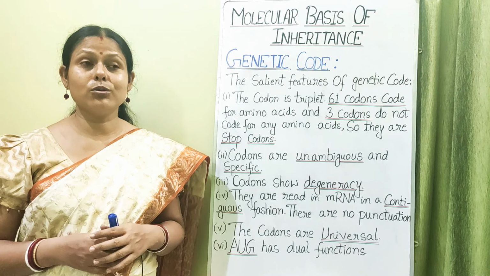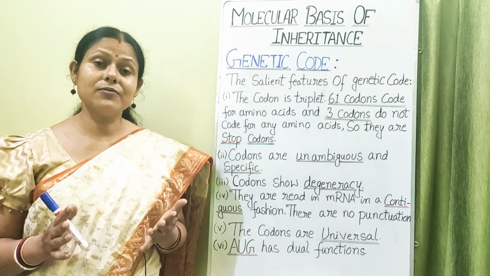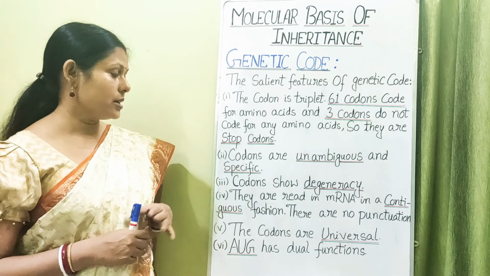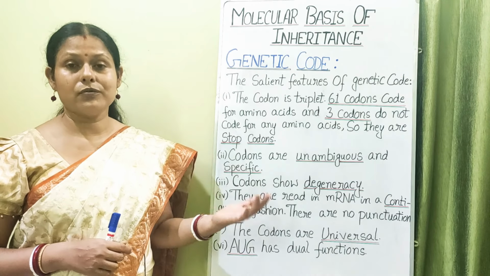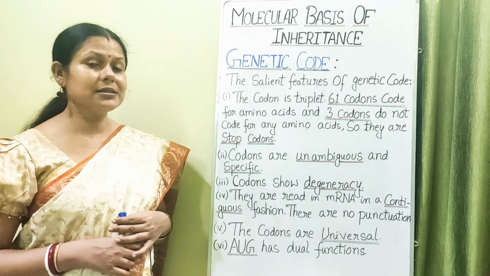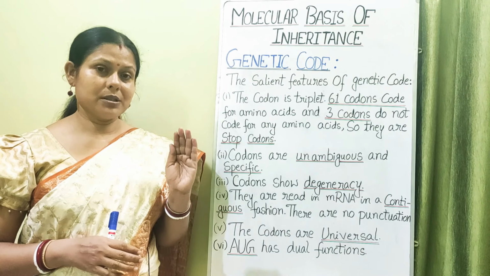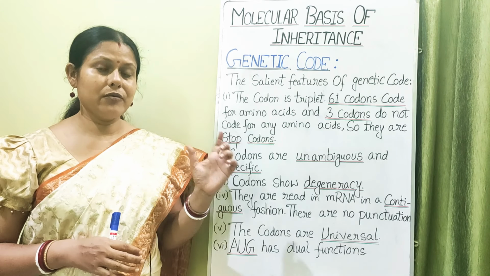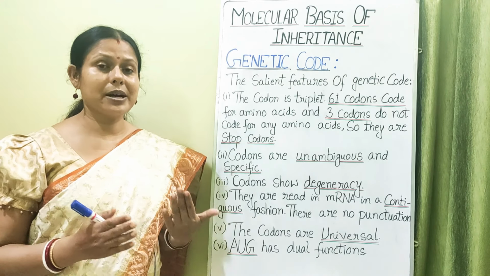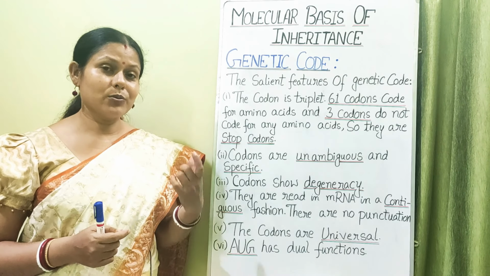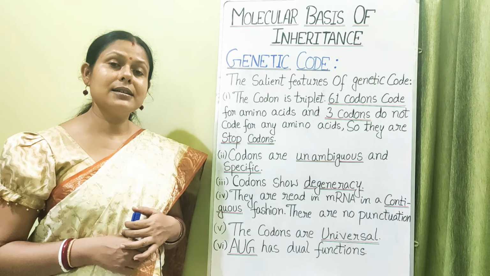Okay, so the genetic code has the following properties, characteristics, or salient features. They said that the codon must be a triplet. It cannot be that the bases are read four in a frame by the transfer RNA, which will be bringing the amino acid with respect to the genetic code present in the mRNA. So they said that the codon must be a triplet codon.